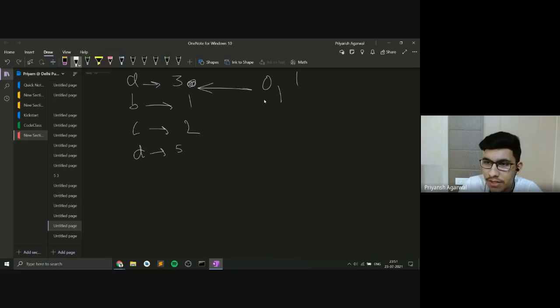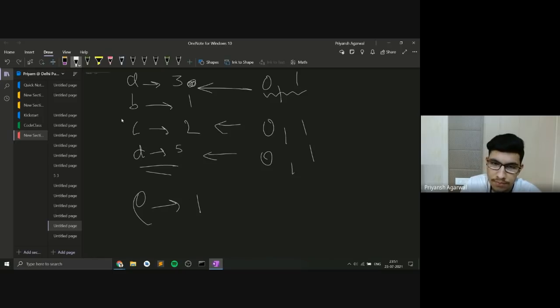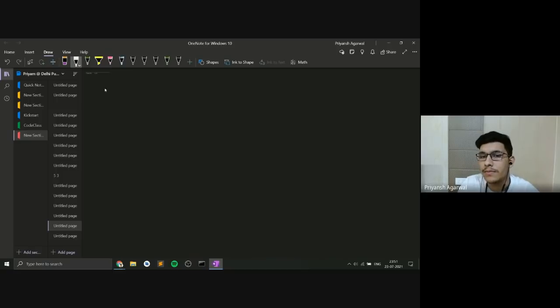So you have one such pairing. For B, you cannot pair it with another B because there is only one B. For C, you can pair 2 C's with 0 and 1. Similarly for D, you have 5 D's, but you can only choose 2 of them, coloring them 0 and 1. Now let's say there was another character E which also had a frequency of 1. Now you can pair B and E. So it is basically going totally greedy.